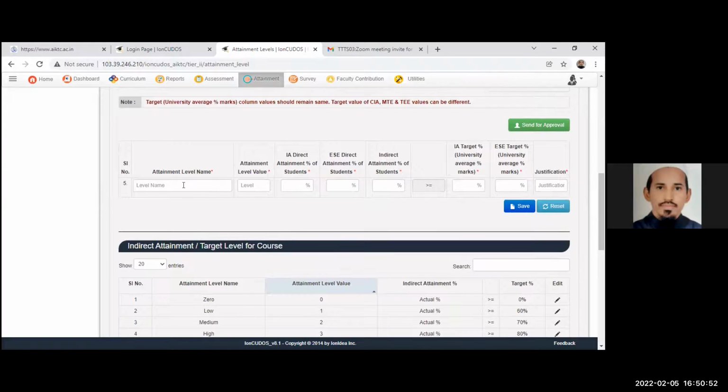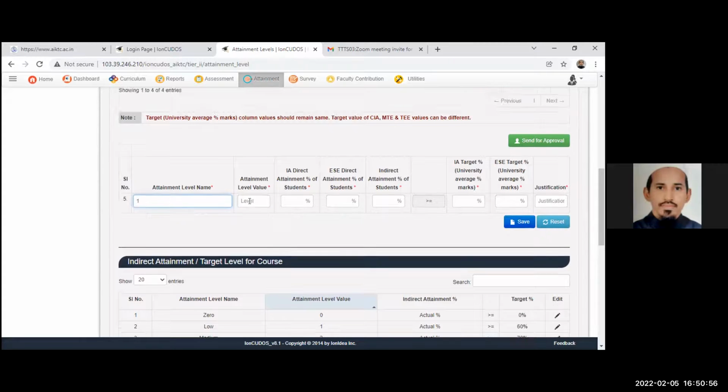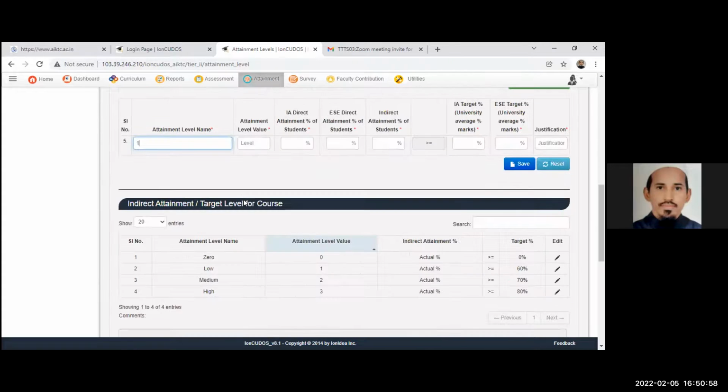Now see here, attainment level 1, attainment level. You can add level 1, then percent of student. This percent of student is for internal assessment, and this is for your external. Now see, this is marks and this is marks.